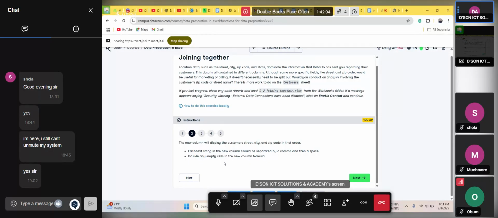Include any empty cells in the new column formula. So I want to include any empty cells. The function that will help you do this is not CONCAT. CONCATENATE will do it for you, but it will not solve the problem of the second part of this instruction, which says include any empty cells in the new column formula. So we are going to achieve that